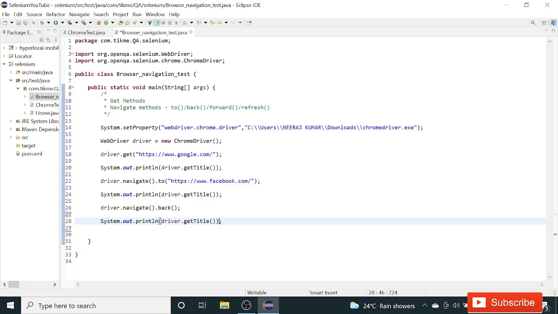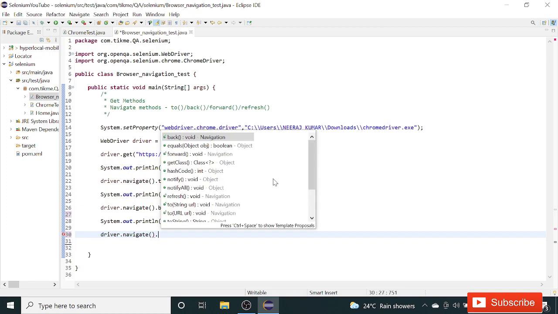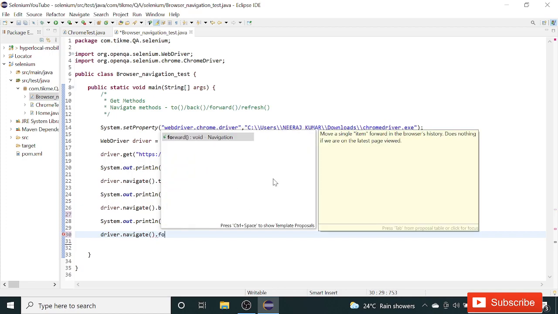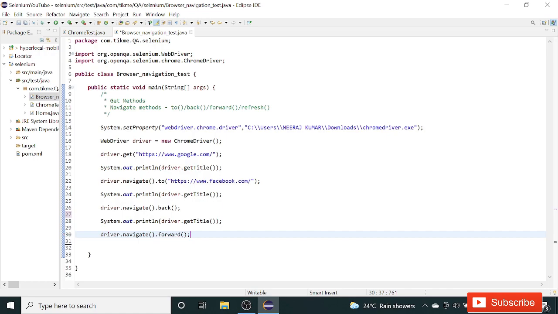Again, let's hit the forward button. Driver.navigate.forward, which will take the driver to the next page.